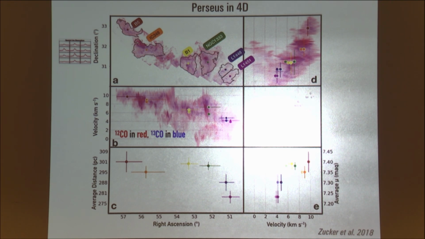But you can, one blob, or we're looking, sorry, at each dot there is a different blob there? Yes, each dot corresponds to the color of each section here. And then there's velocity slices that are made, and there's a distance assigned to each velocity slice. So is the velocity, the feature is not perfectly azimuthal, so it has some range of extent. Oh yeah, so that's true. Is the velocity seen there consistent with what one would expect just from the Oort constants and the radial extent? Oh, this is a very small cloud. So this particular cloud is like 20 or 30 parsecs long. And so there's not a lot of gravitational shear.